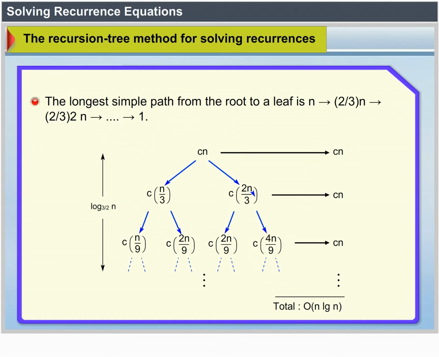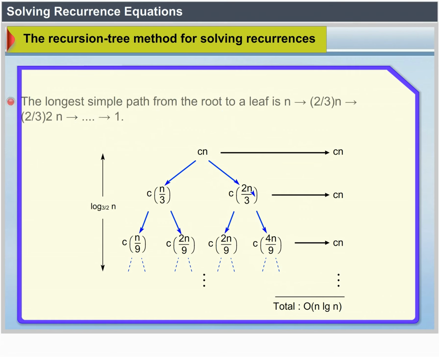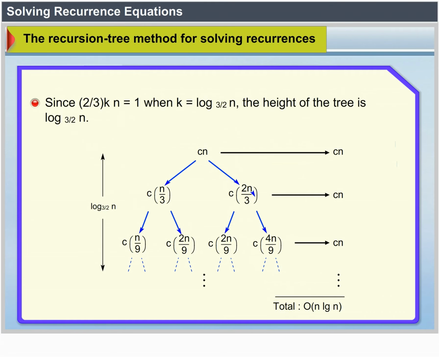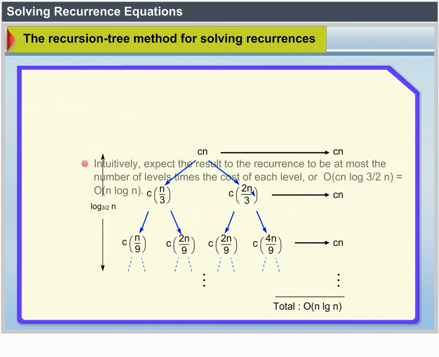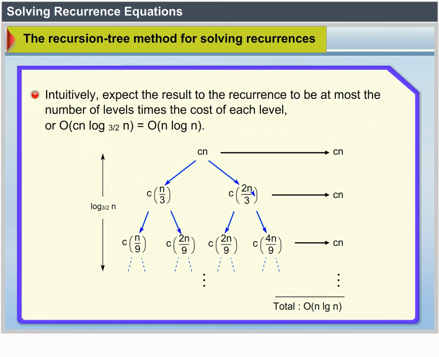then (2/3)^2 n, and so on, down to 1. Since (2/3)^k n equals 1 when k equals log n base 3/2, the height of the tree is log n base 3/2. Intuitively, we expect the solution to the recurrence to be at most the number of levels times the cost of each level, or big O of cn log n base 3/2, which is equal to big O of n log